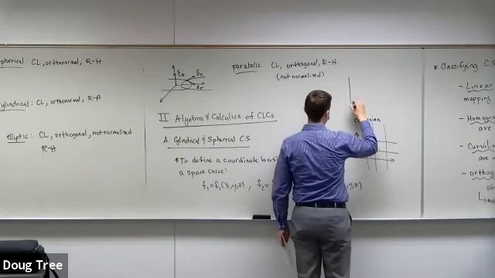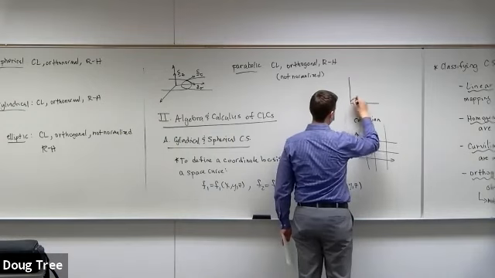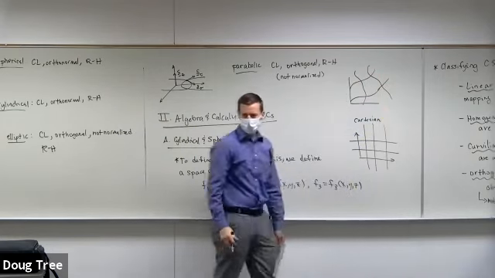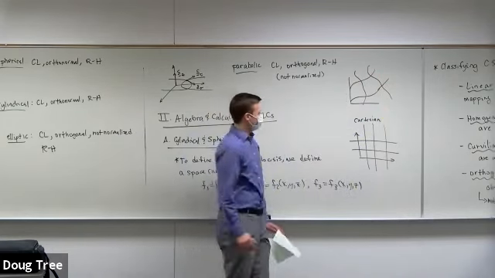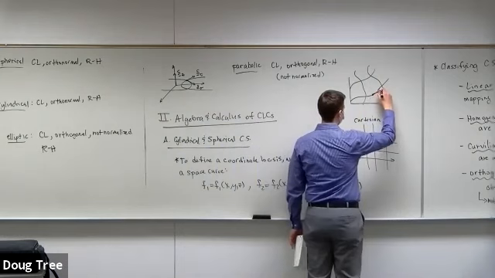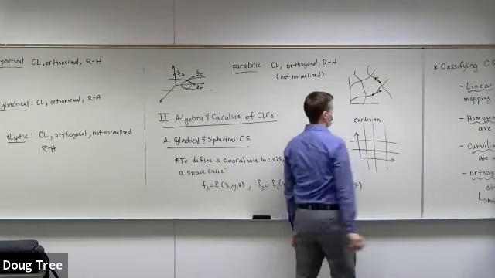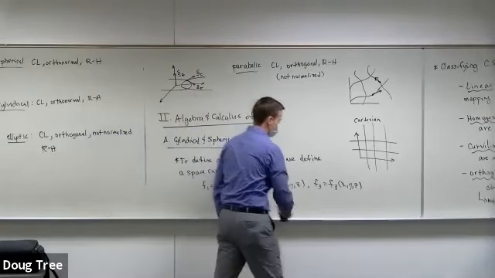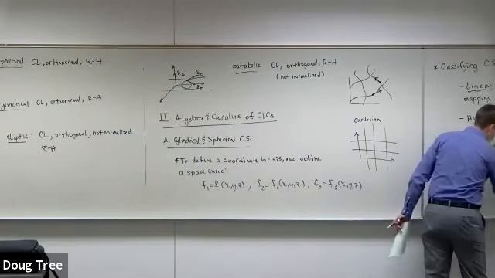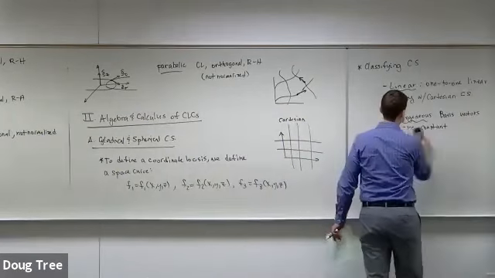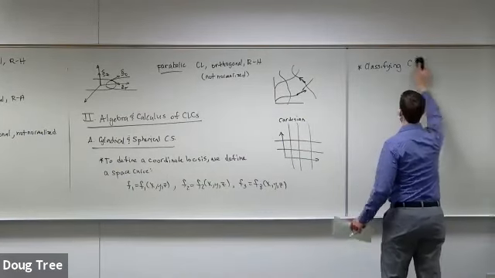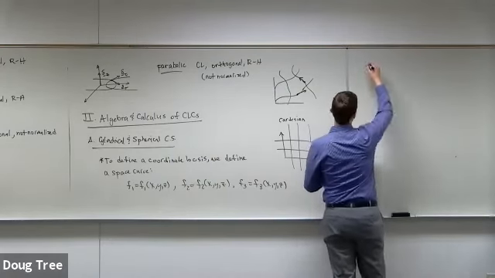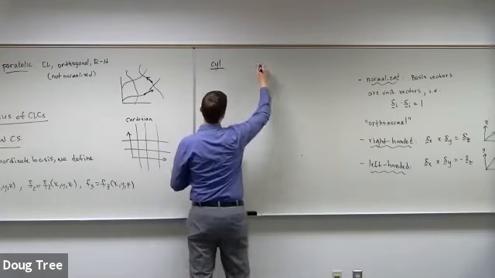But a different coordinate system, right, might have, you know, curves that look like that, something crazy, okay? And now our basis vectors are going to be, you know, the tangents to those curves, all right? So we know what these are already for cylindrical and spherical coordinates, so let's write them up there. So with cylindrical, spherical,